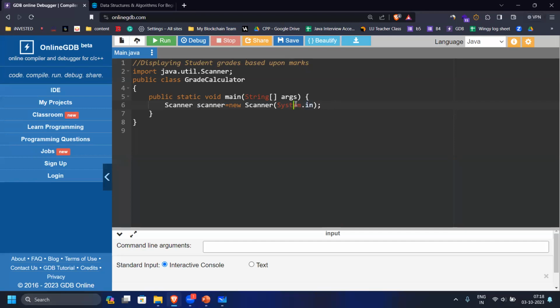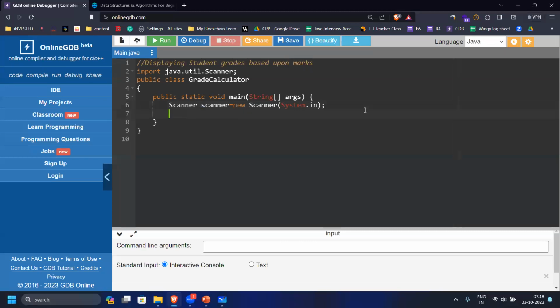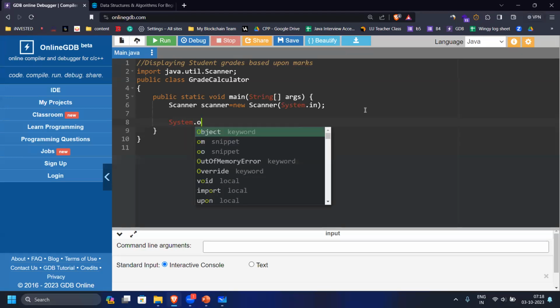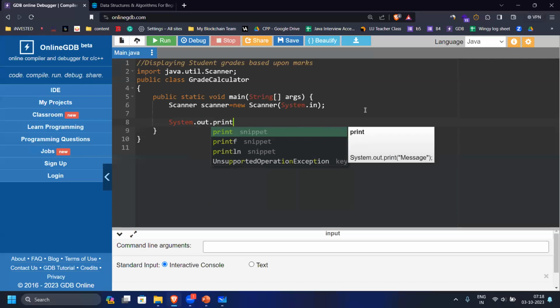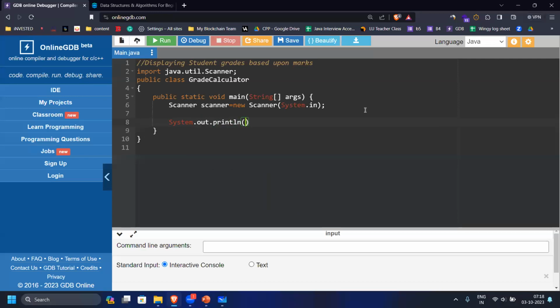And System.in, you remember, in C++, if you learned cout, cin, printf, scanf. So this is similar to scanf. It's going to take input from the user. That's why I have written System.in. Now I want to write a printing statement to tell the user, please give the input from your side. So I'm going to write System.out.println, and here I'm going to say